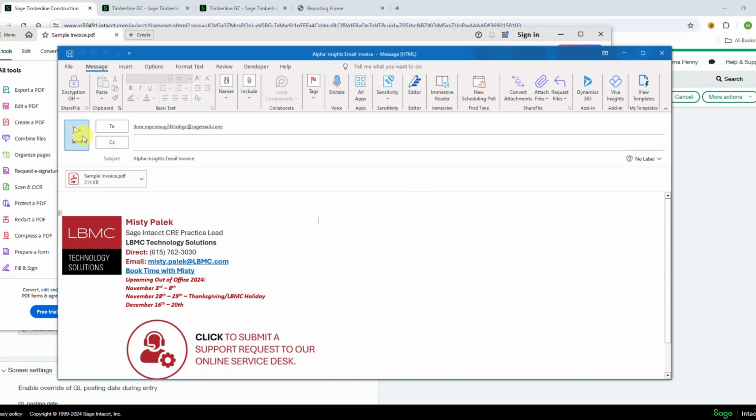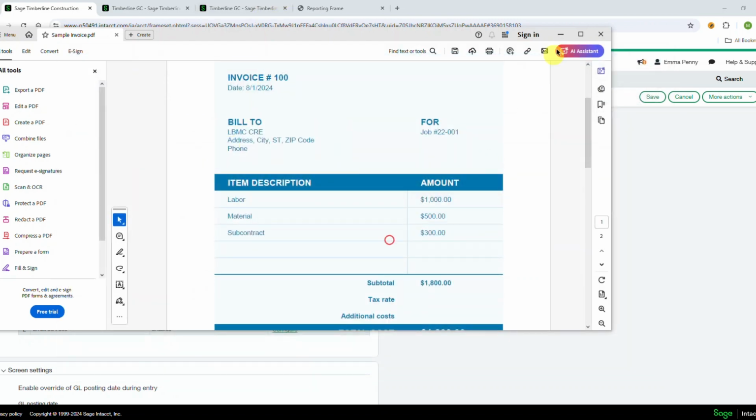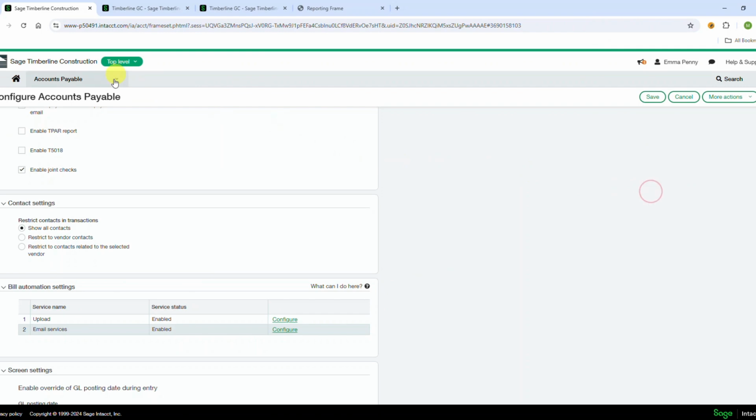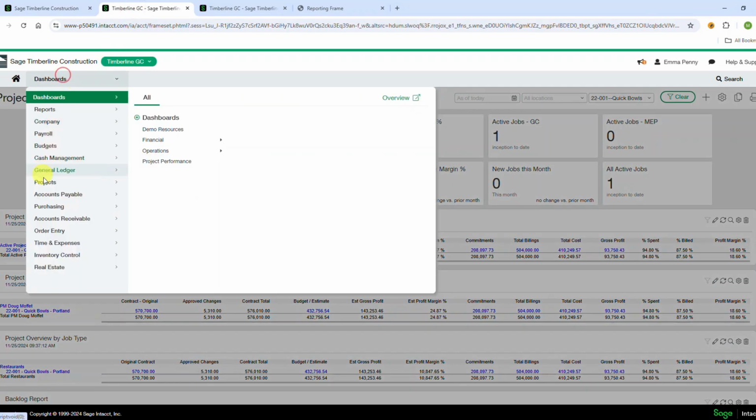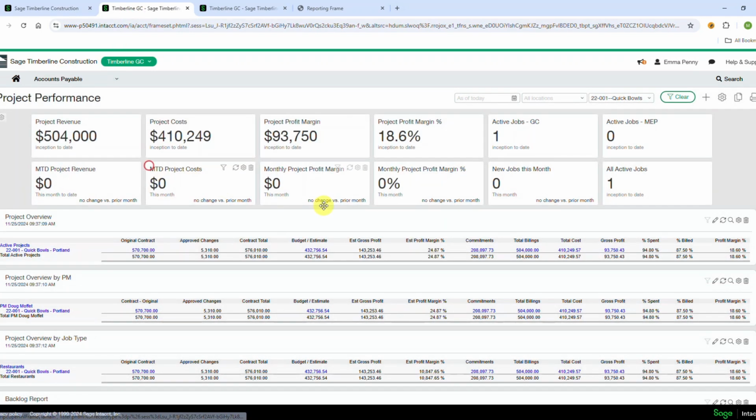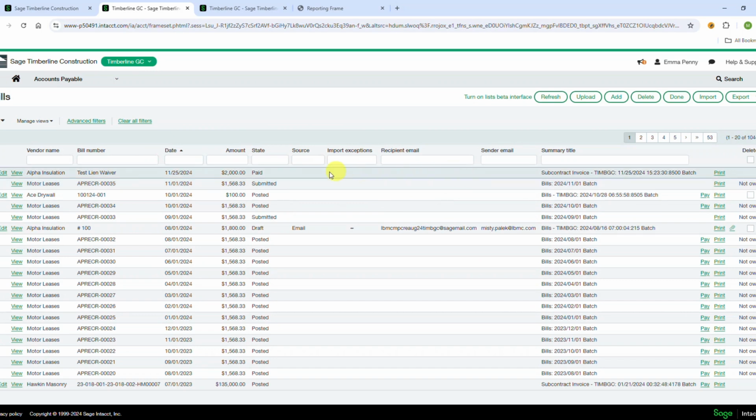So we're going to email this in, and we'll close out of that. And then we should be able to go over to that entity, look at those bills, and see that invoice right here. As it gets emailed in, you'll be able to see the recipient email. This is where it came from, this is who sent the email. So if you wanted to give out that email address to subcontractors and say, just email all your invoices in,